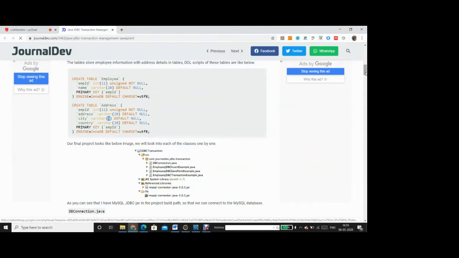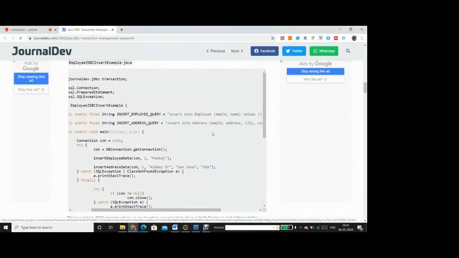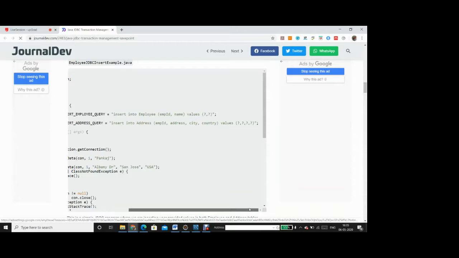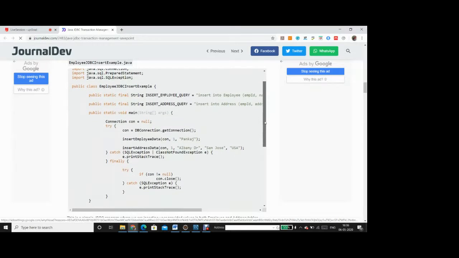While trying to insert, in the second statement they have used a prepared statement, right? They have used the prepared statement, and they have inserted the city St. Jose. So that's more than 5 characters, right?